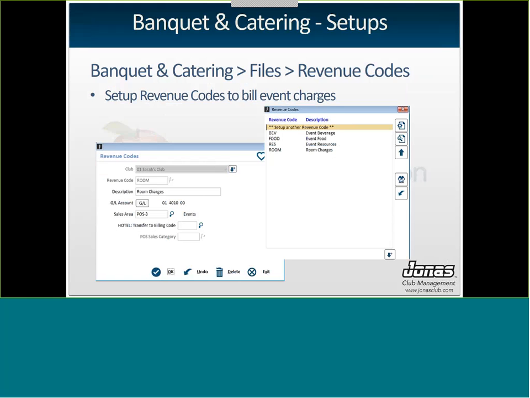The next thing that you need are revenue codes. So you need a revenue code for everything that you're going to bill in an event. So it's Banquet and Catering, Files, and then revenue codes. You need at least one for beverage, food, resources, and room charges. You have to give it a code, a description, and then you do have to note a general ledger account